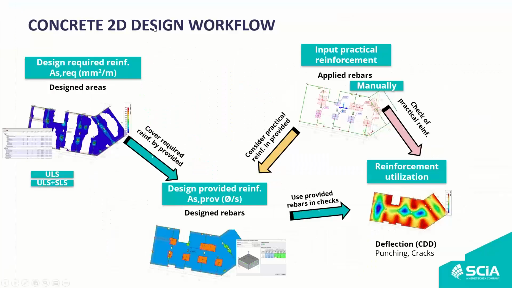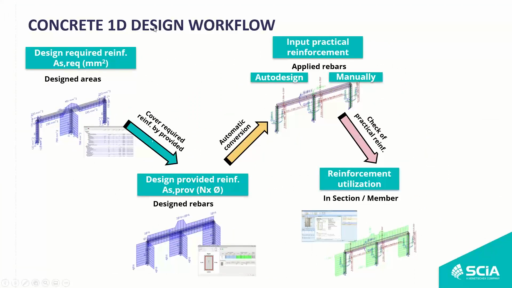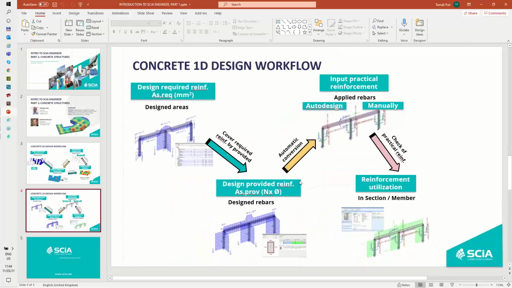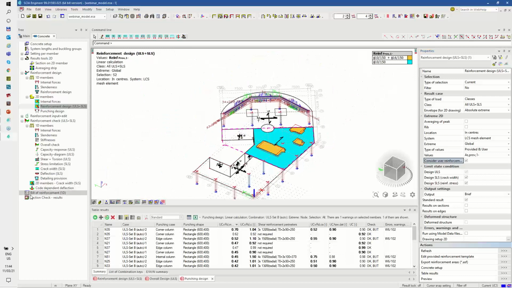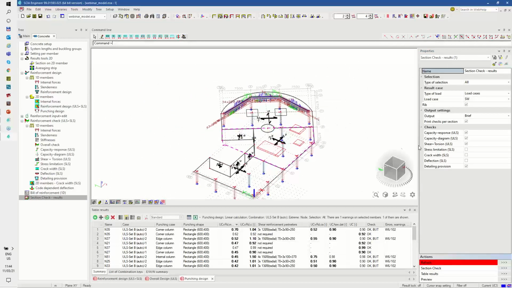Okay, so back to the presentation. Just to wrap up, also for the 1D design workflow, the same approach: required reinforcement, provided bars. I can use, in case of 1D, automatic conversion of provided bars to real applied bars, and I can use the checks on member or in section as I want. Yeah, so just really last thing which I will show is, for instance, approach of the section